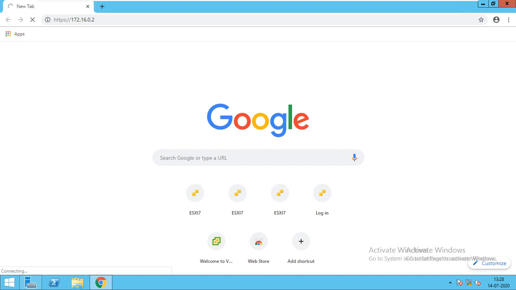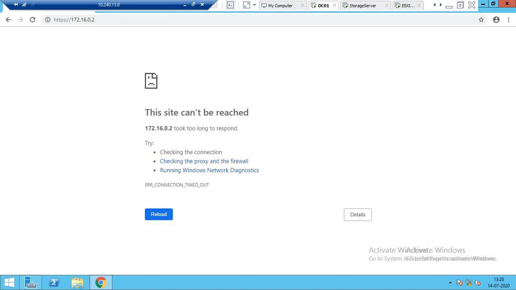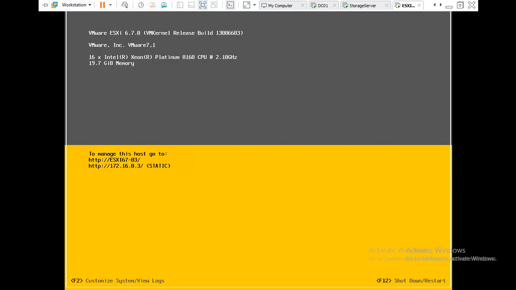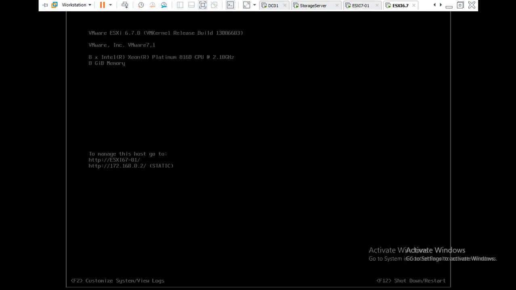Okay, till the page comes. Page cannot be reached. So we'll just go to a second page. Oh, I'll show you the reason for the error.